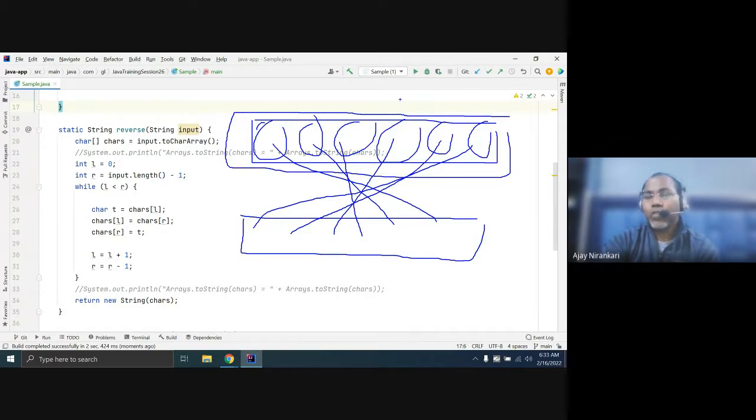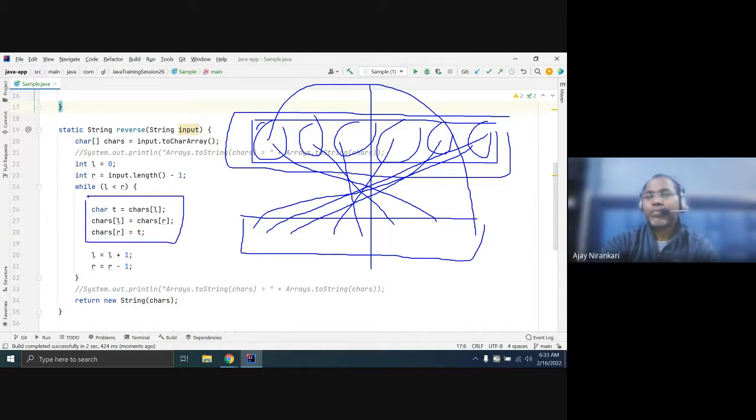We can also solve the same problem with a half loop. Whenever I am copying this to this, at the same time I am replacing this with this. So here we are doing both things. Sometimes this logic helps in doing reverse, in checking the palindrome, and any other problem as well.